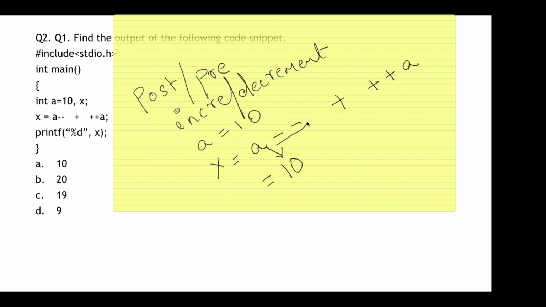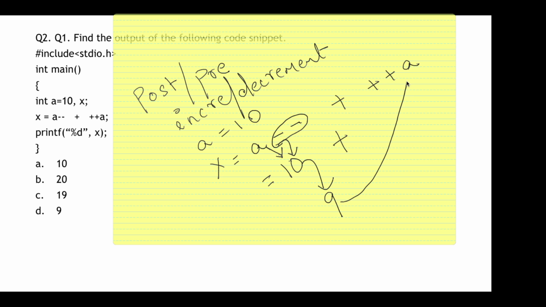Why? Because this is a post decrement, so whatever the value of a is, it will be used first and then this value will be decremented to 9. Now it will be plus and now this value will be assigned to a, and since this is a pre-increment, first the value will be increased and then the addition will be performed, okay?